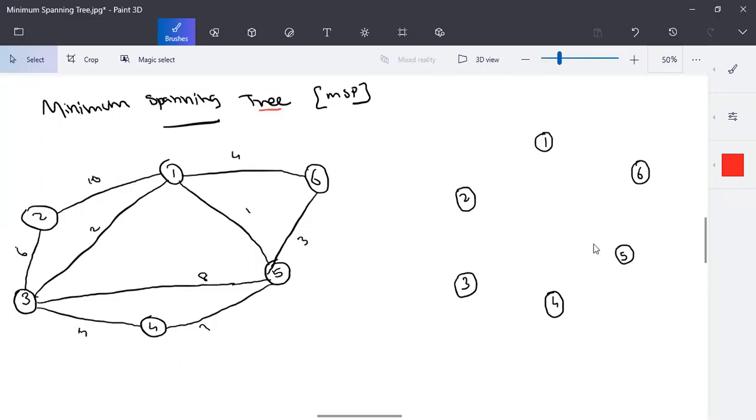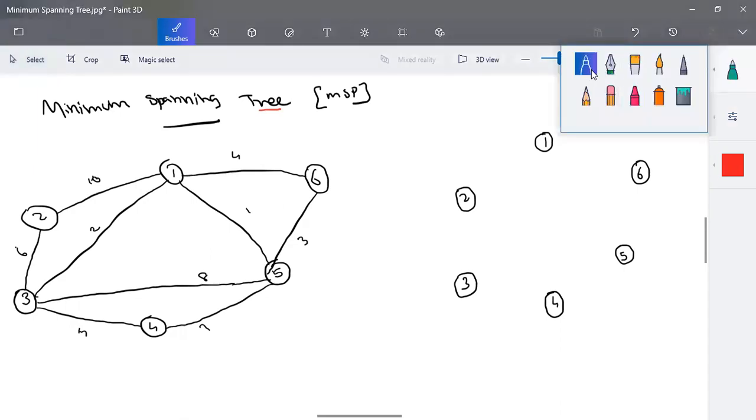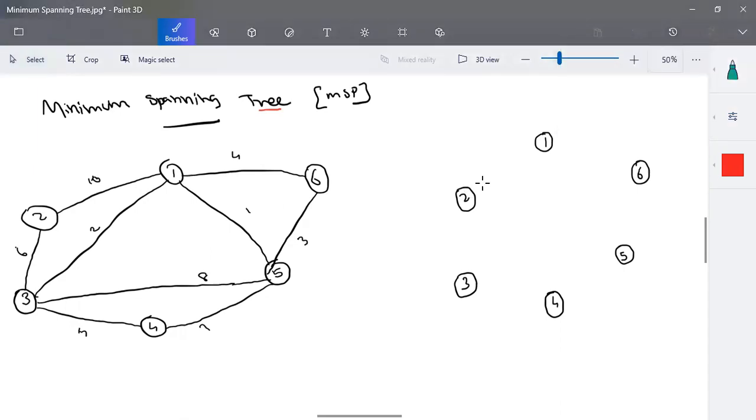In this video, we are going to discuss minimum spanning tree. A minimum spanning tree is something we derive from a graph. Take the given graph, which has 6 nodes. If I have a way of connecting all the nodes like this, without forming any cycle,